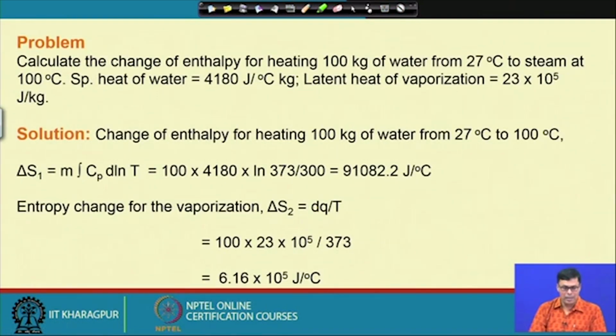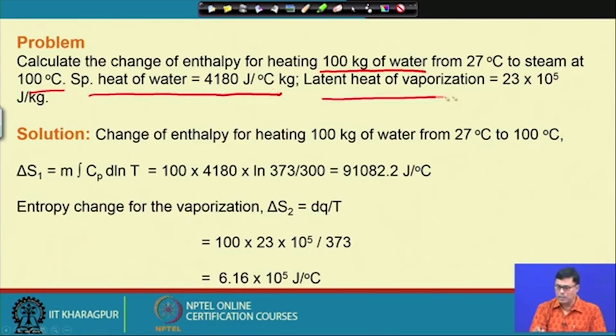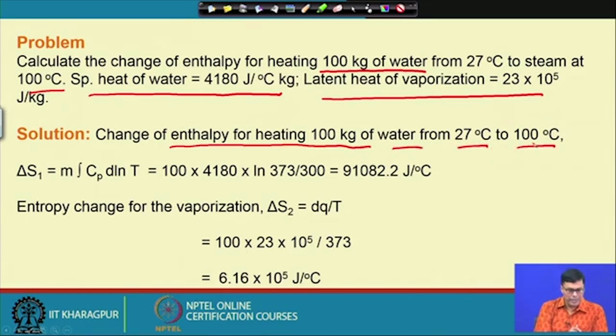Next problem that I have is to calculate the change of entropy by heating 100 kg of water from 27 degrees centigrade to steam at 100 degrees centigrade. Specific heat of water is this much, and the latent heat of vaporization of this we can also calculate very easily. As you know, the change of entropy for heating 100 kg of water from 27 degrees to 100 degrees centigrade, we can calculate as m Cp into